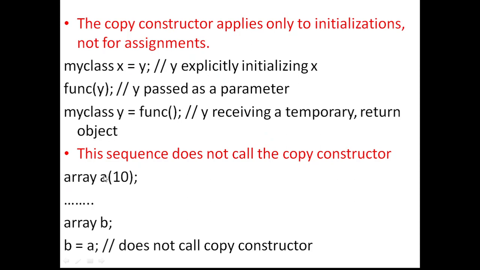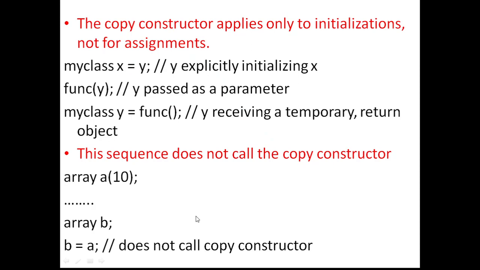Whereas in this sequence there won't be any copy constructor called. That is, when you just declare an object by passing a normal integer, there is no copy constructor. Then we declare the second object and then assign the first object to it. Okay, remember, only if it is written as Array b = a, it is going to be called initialization. Whereas here the declaration is done separately and then we assign a to b, and this won't invoke the copy constructor.